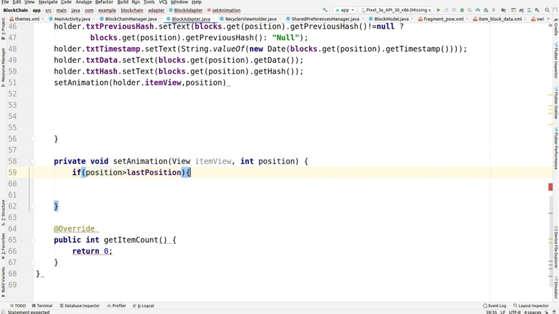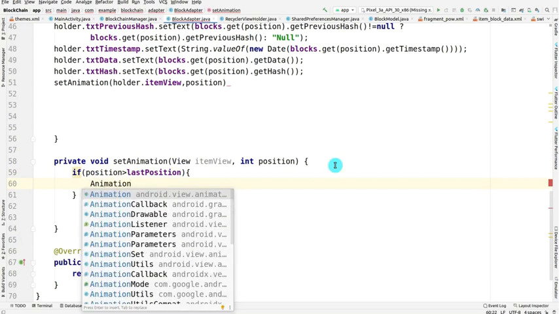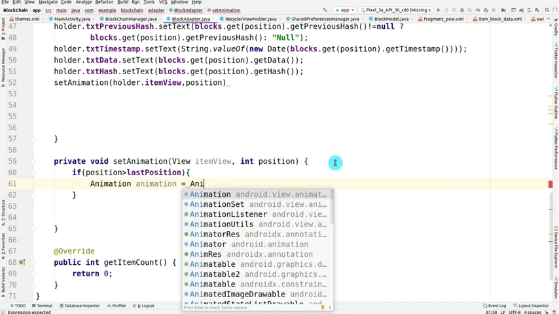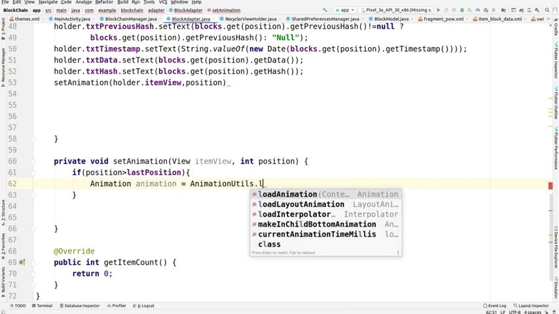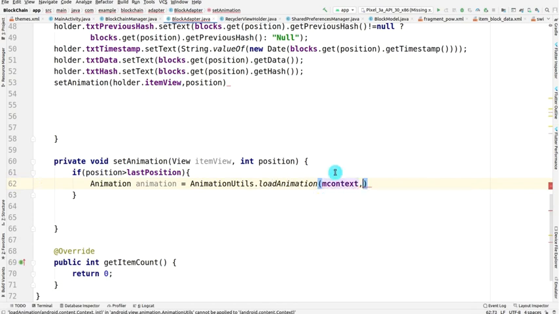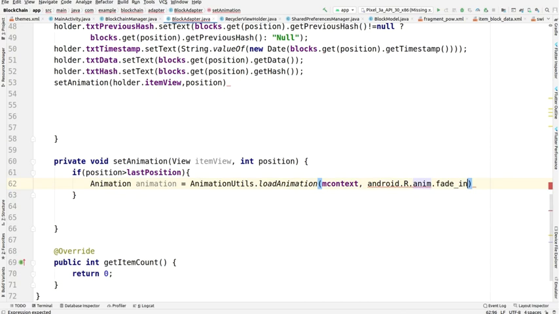Okay, so we are just setting the animation: if the position is greater than last position, then the animation will work because of the if condition. And it is AnimationUtils dot load animation, and the type of animation you want, android dot R dot anim, it is fade in.